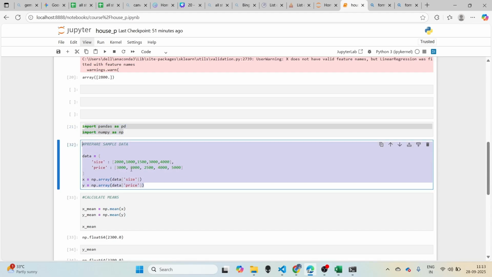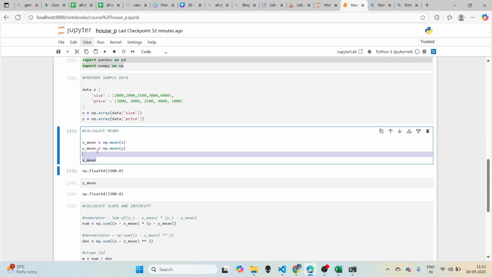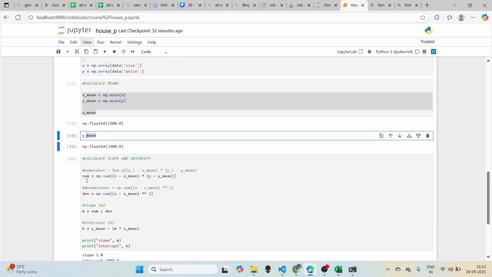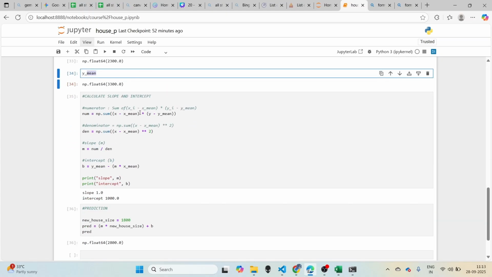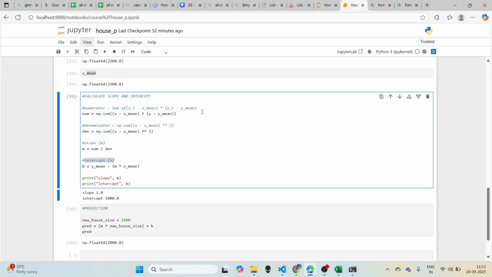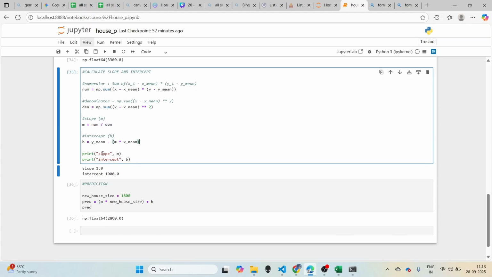Firstly, we used the same data set here, and then we converted each column into the array format. Then we calculated the mean of both the arrays. Then we used functions, manually written formulas, to calculate the slope and the intercept. This is the formula for the numerator, then the denominator, and for the slope, simply dividing the numerator by the denominator, and for the intercept,